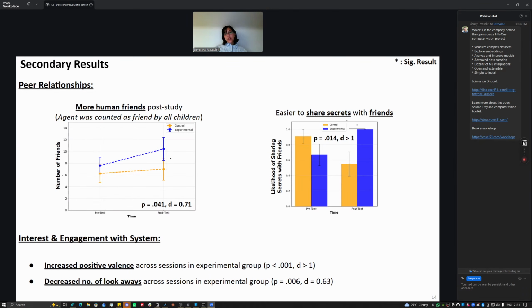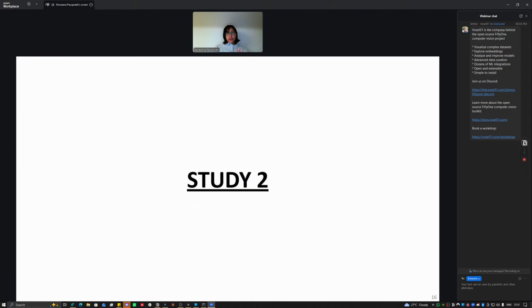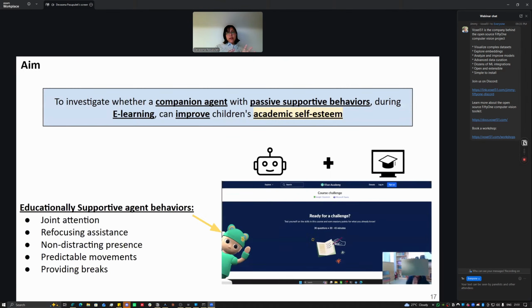So, coming to study two, now that we saw a gameplay situation, we also wanted to test if the same kind of agent in an e-learning situation would produce similar effects. So, we had the same agent, just albeit with a different costume, and we put the agent in a math e-learning environment. So, Khan Academy is a well known